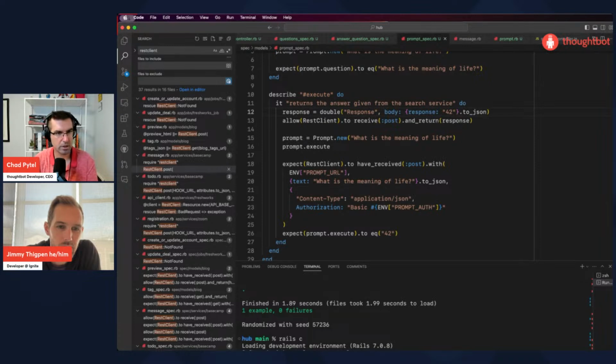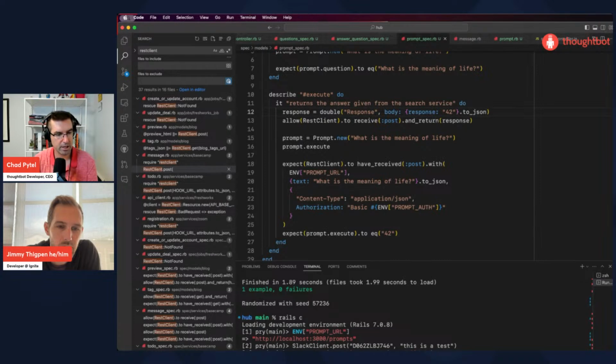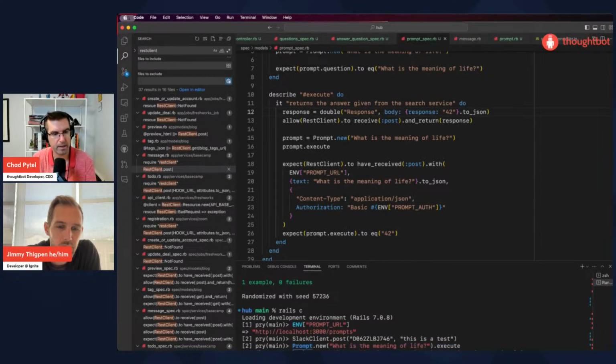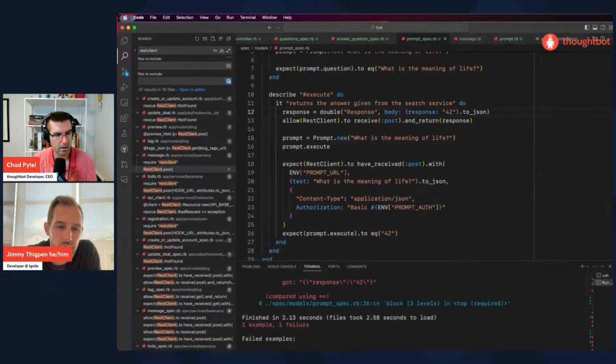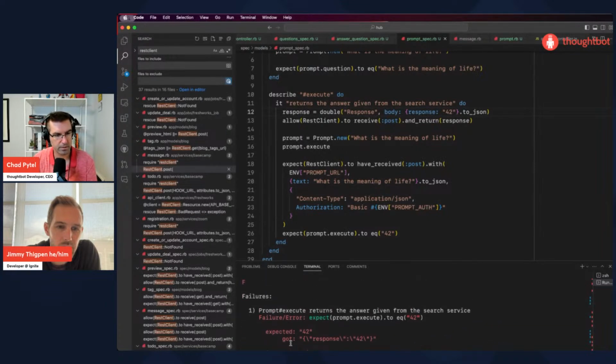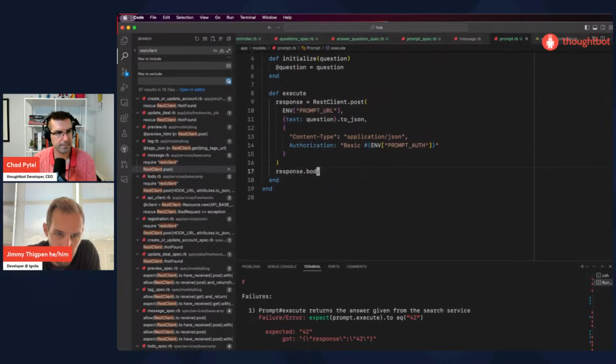So we changed the spec. We didn't change the implementation. And so if we run this now, it's not going to get that. It's going to get the full response. Yeah. So it expected 42. It got response 42. So we need to go back to this and call JSON.parse on that. Yeah.